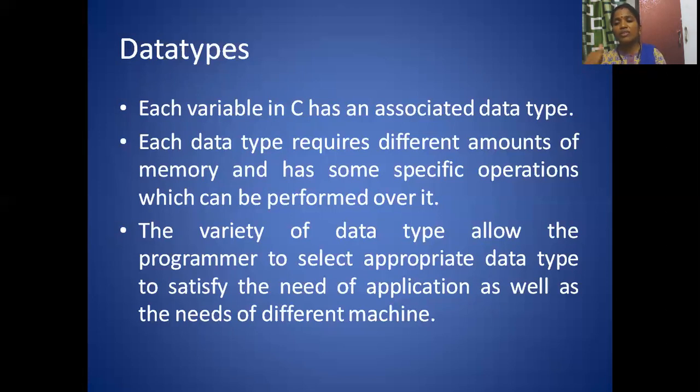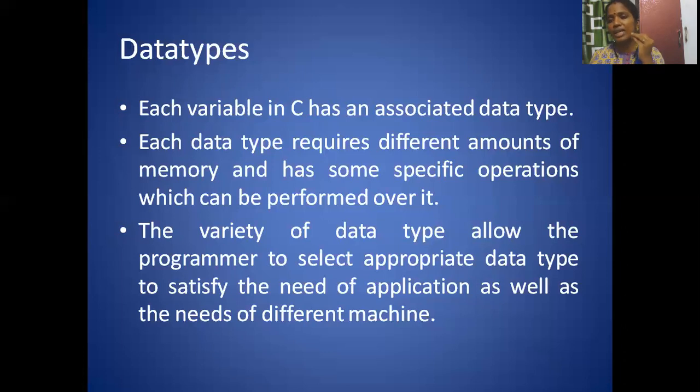It is different from a 16-bit machine to a 32-bit machine. Each data type requires different amounts of memory and has specific operations which can be performed over it. So a data type tells about the size of the variable and the operations which it can perform.